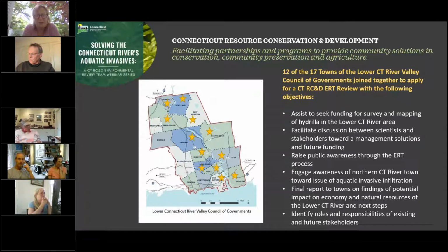The other thing we're going to do is identify roles and responsibilities of existing and future stakeholders. So what I would appreciate is in the chat up on the right, there's a little box that says chat. If we were at the round table down at the Pavilion in Old Saybrook, sipping wine and eating appetizers, we would be all casually gathered around, and I would ask you to identify yourself in this project as an interested person in this issue. So if you could identify yourselves, I will casually, while the speakers are going forward, write these down so that I have a general idea for our report of who on the calls has an